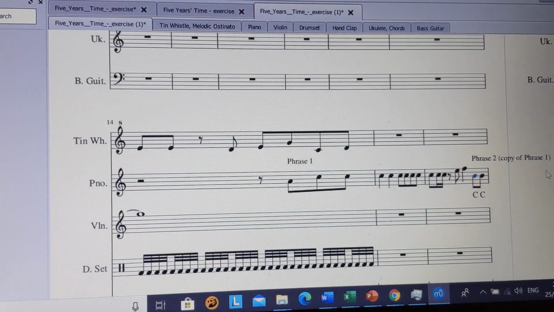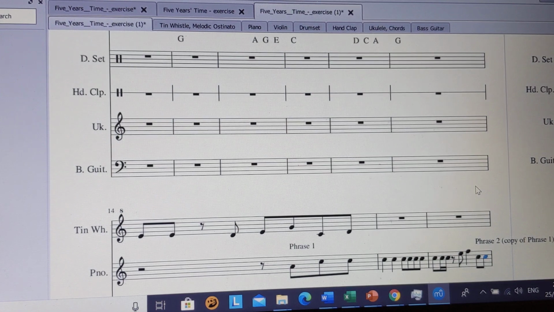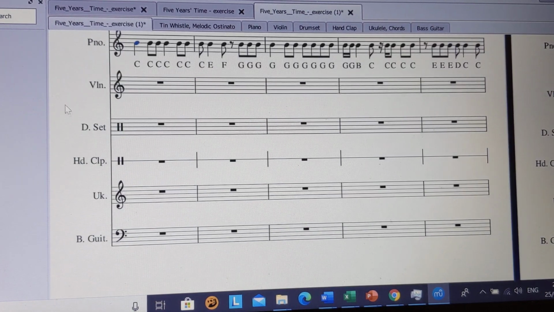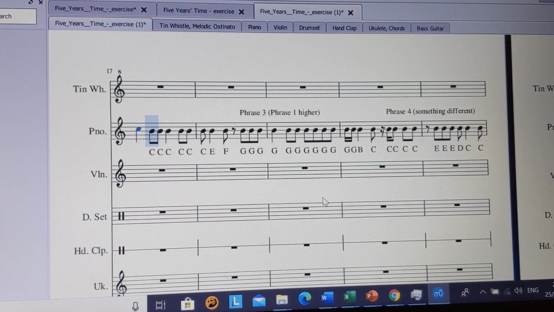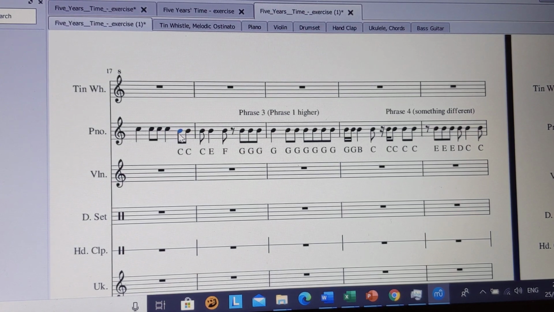Then there's phrase 2, which is almost a copy of phrase 1. So we do C, C. I've forgotten how it goes on the next page, so I'm going to press Escape, Escape, and then look to the right. Ah, there we go, up at the top there. C, Escape, Escape, C, C, Escape, Escape, click, C, Escape, Escape, C, C, C, Escape, Escape, click on there, press E, Escape, Escape,